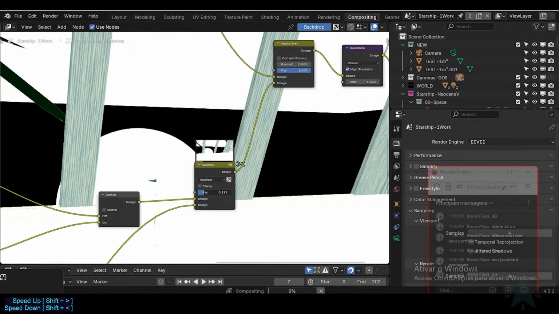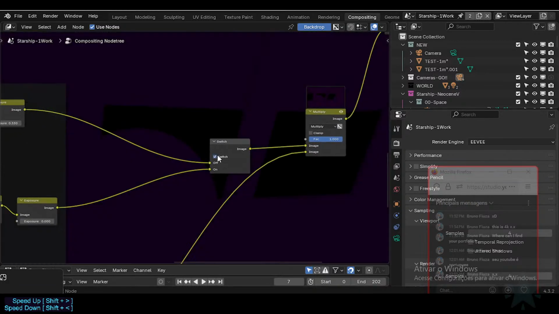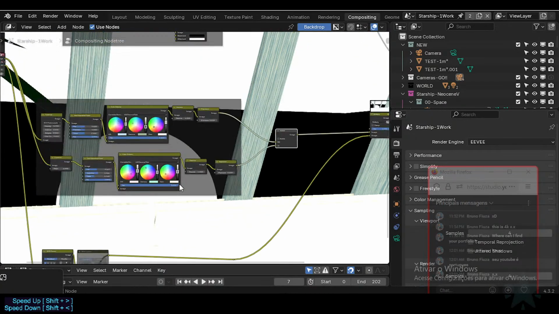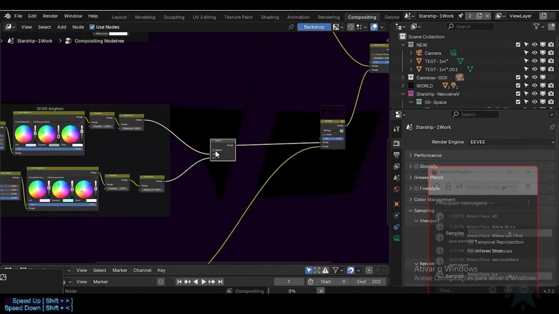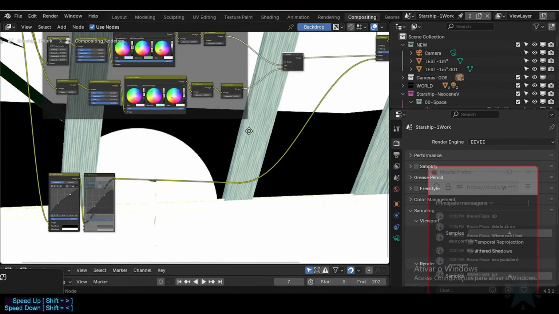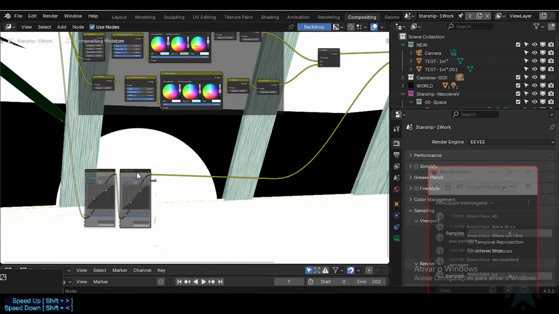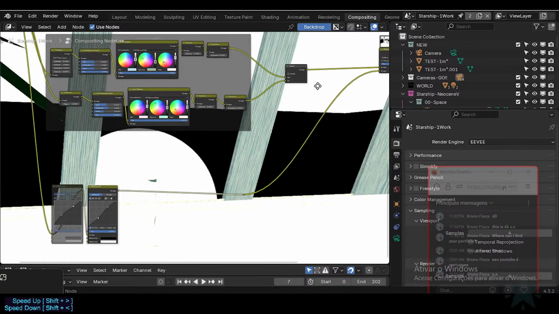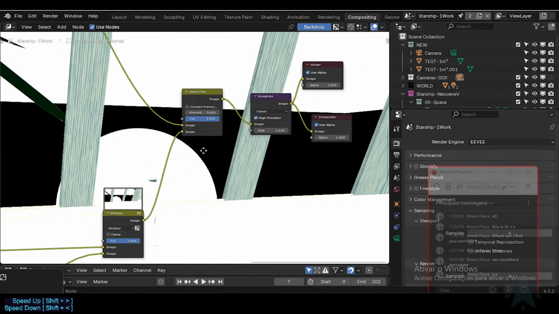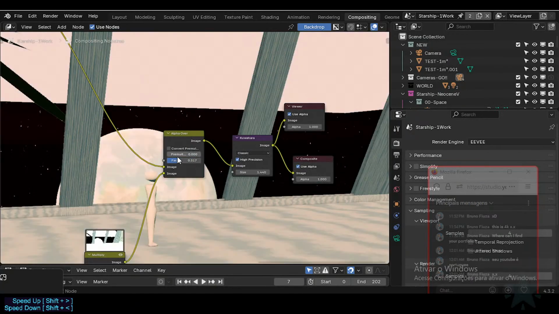So here we need to see that, and since this was, let's regain the older pass there,